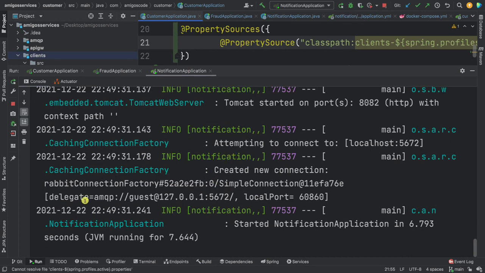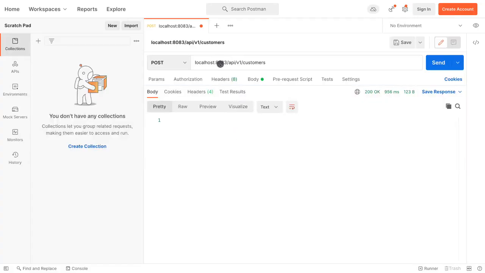And there we go. We also connected to RabbitMQ. Let's test this by opening up Postman. Before, we used to send requests to the API gateway. Now we're going to send it to customer, because in local development, it's fine for us to talk to these microservices directly. But when we move to environments such as dev, testing, prod, and so on, then we have to go through a gateway. But for local development, it's fine. So if I send the request,